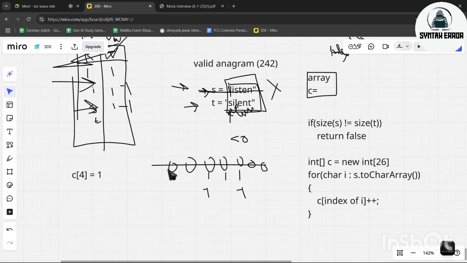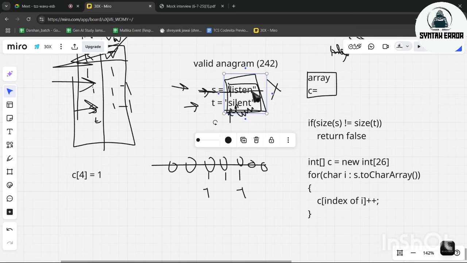First, what's the value of that index? 0. Now what will be the value? 1. Again, there is no code. It will go to the next iteration. Next iteration, the value of I will be yes. It will go to the index of yes, and it will increment the value. Like this, it will do until all these element indexes are converted into 1, or at least the frequencies. If there is multiple yes, it will go multiple times and increment it.